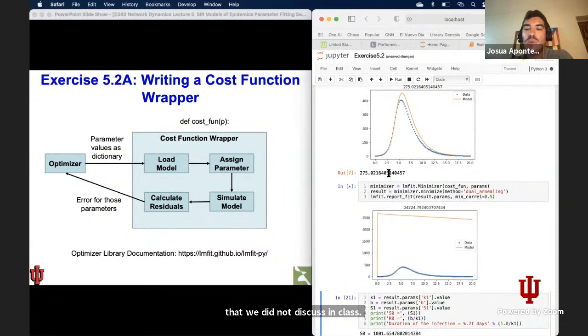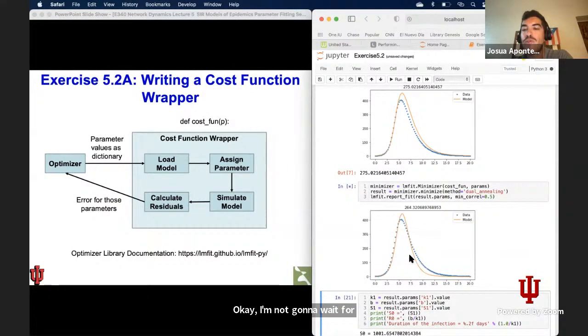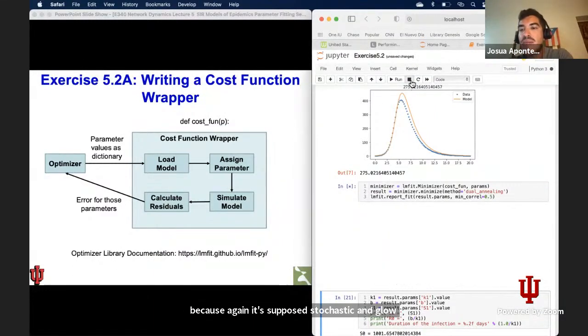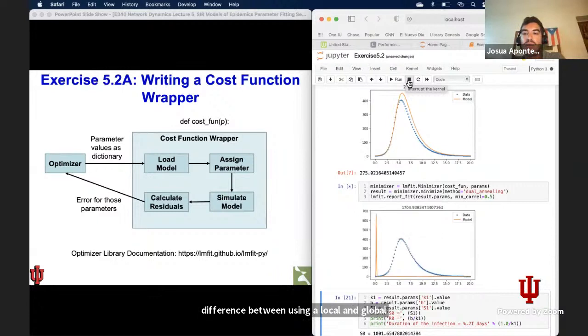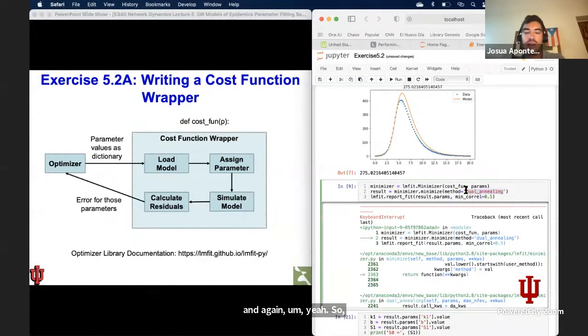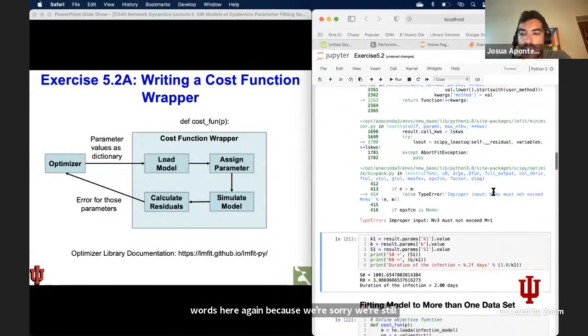Okay, I'm not going to wait for this one to converge, because again, it's both stochastic and global, so it might take a long time to converge to the solution. But this gives you an idea now of the difference between using a local and a global optimizer. And again, this was just as an example. Let's try the least squares here. Again, because we're still starting from a